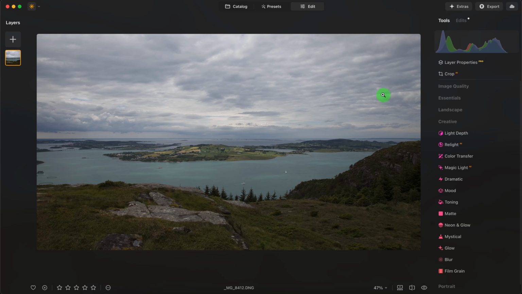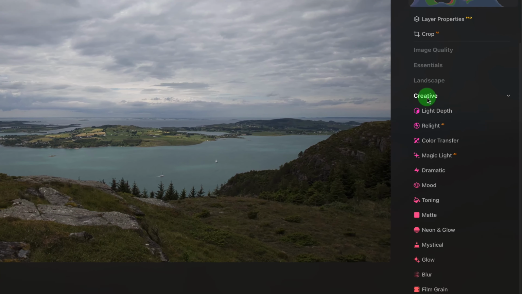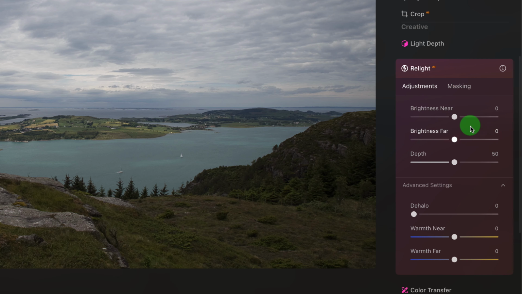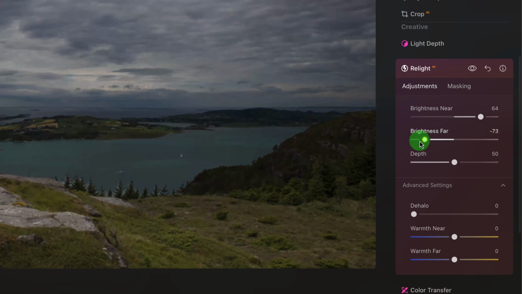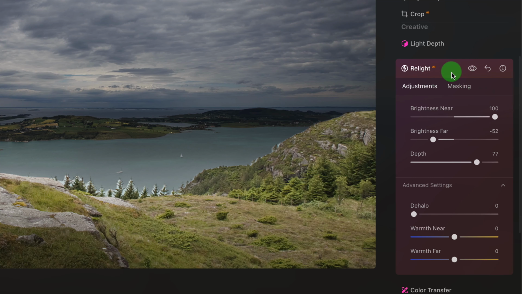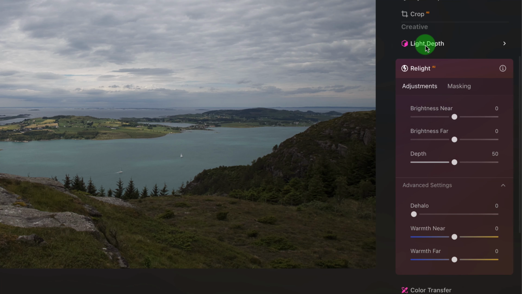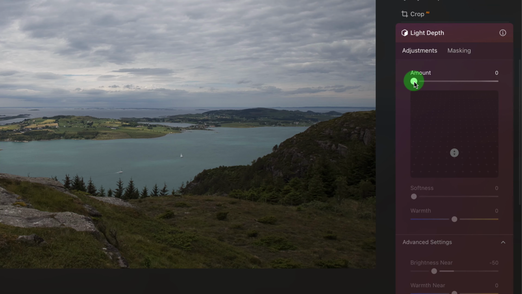We have a new creative tool called Light Depth, which replaces Relight. And I'll just show you a quick demonstration of Relight so we can compare it. So with Relight, I can change the brightness near, and then change the brightness far, and then I can also change the depth and so forth. I'm just going to reset the Relight here and go to Light Depth, and this time I'm going to increase